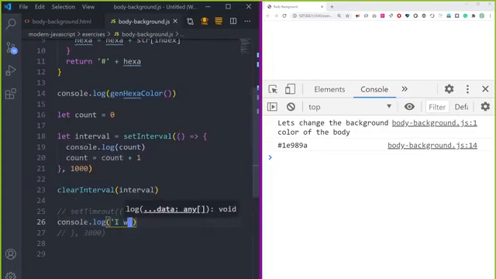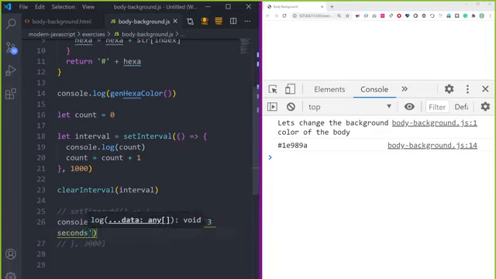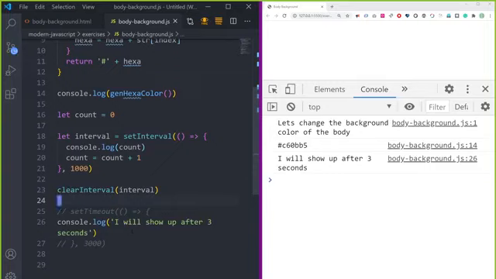Console.log, I will show up after 3 seconds. Have you seen? I will show up after 3 seconds. That means actually it's a plan. For instance, you may give some command for the door to close at 6. So it is a plan, so in the future. So let's uncomment this, and we should see